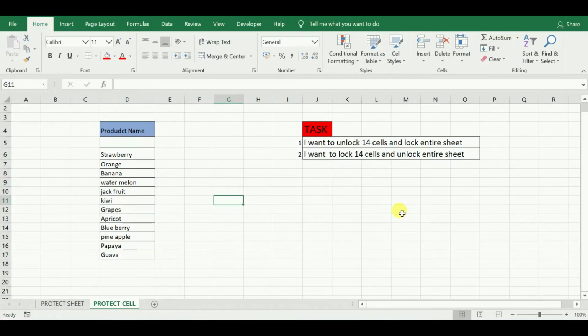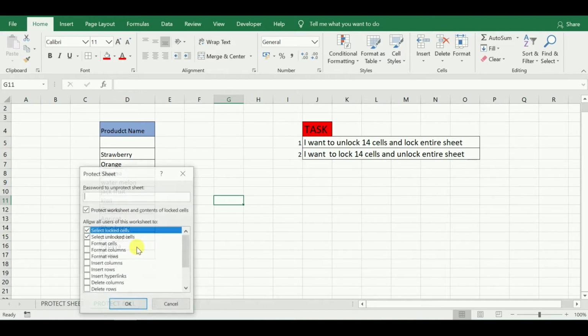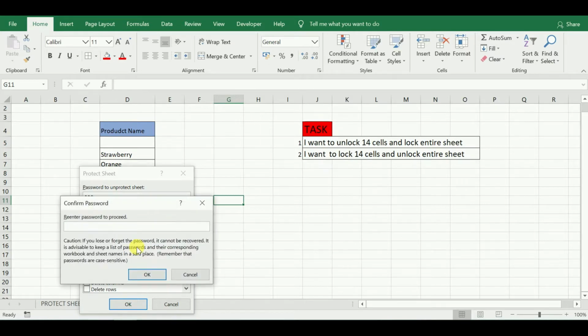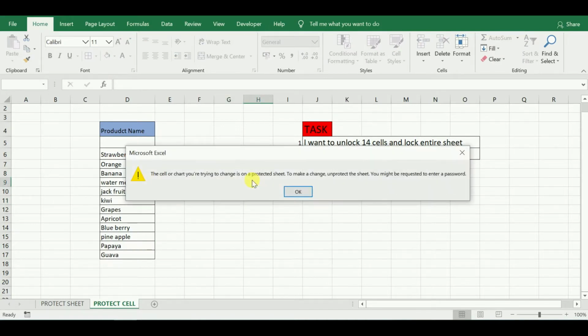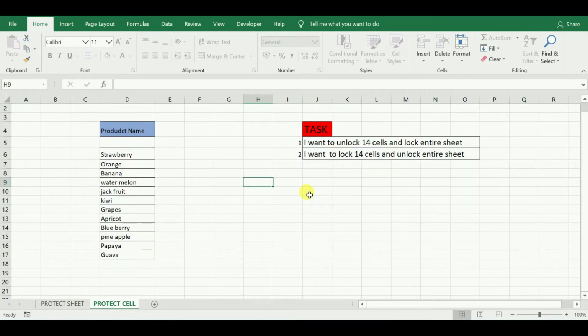In this video, we will see how to lock and unlock cells. You can lock the cells by protecting the sheet. To do it, go to the sheet name, right click, go to the Protect Sheet option, and then give the password. Now re-enter the password and then click on OK. Now when you try to edit any cell, it will not allow you to edit and it will throw you an error message. That is, my cells are protected.